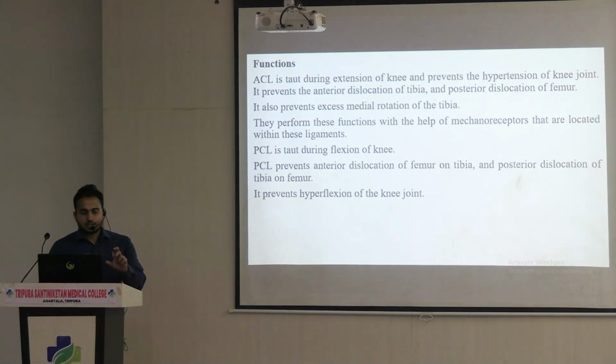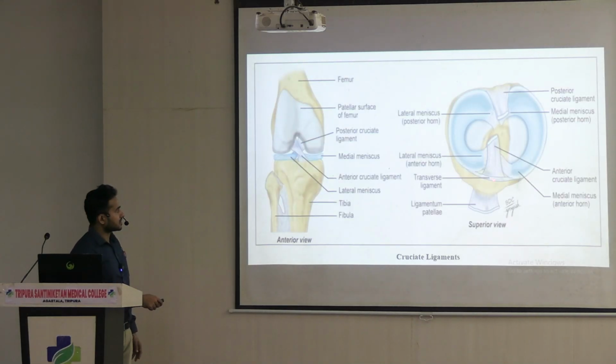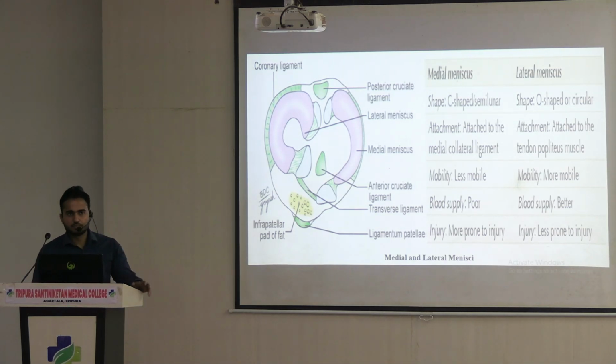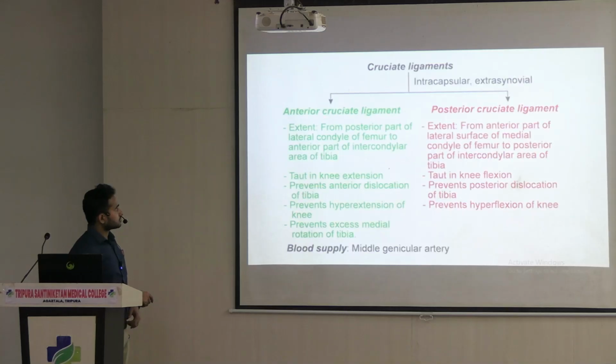Next, the transverse ligament and coronary ligaments are also there, but these are not that important. So I will request everyone to study on your own about the transverse ligament and coronary ligament. Here you can see the transverse ligament, and here you can see the coronary ligaments. Okay, so many ligaments are there. These are not that important. So I will request everyone to study on your own about these two ligaments. Now, after that,